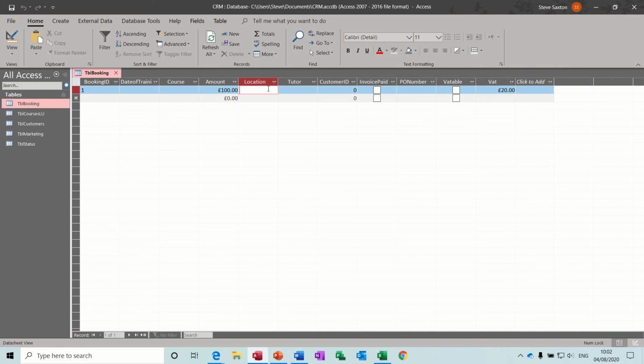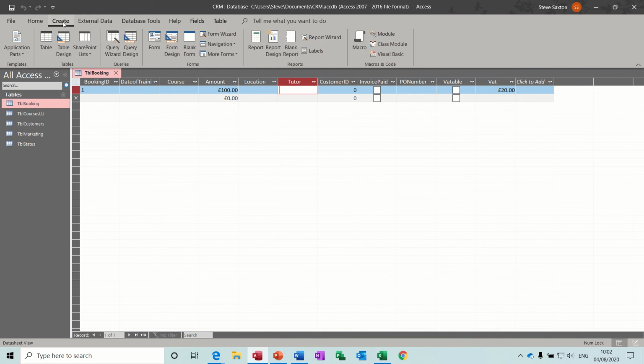Location, I could also do a lookup. Tutors, I haven't got a list of tutors, but again you could create a table for tutors, which I will do actually, because if you don't, you can just have anything in there. So table design,